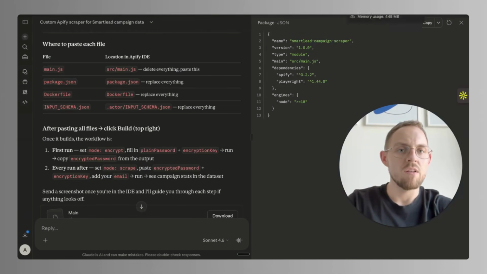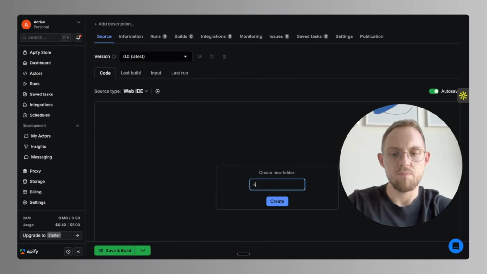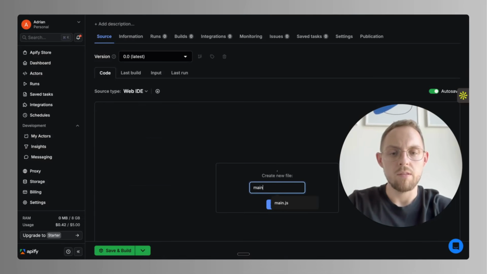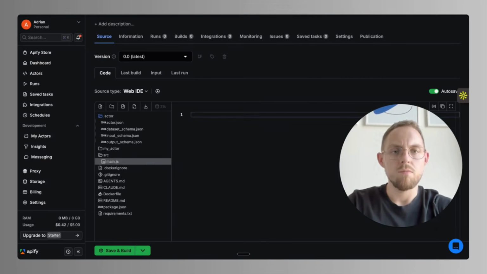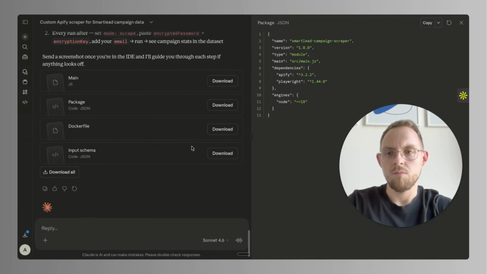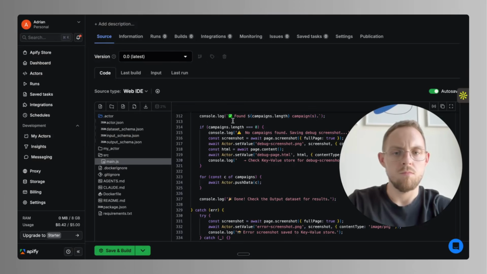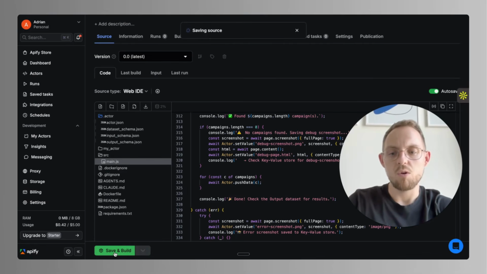So this means that we have to create a folder, and inside this folder we need to create main.json. Okay, so as you can see, we have everything, and after copying everything, let's just click save and